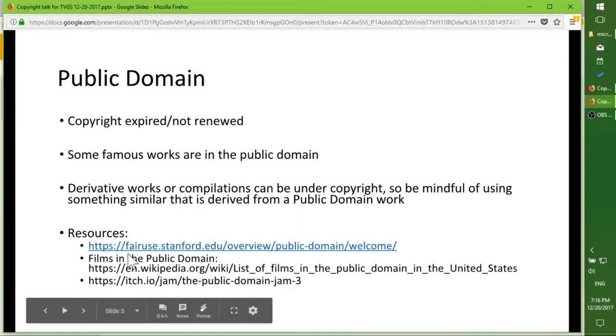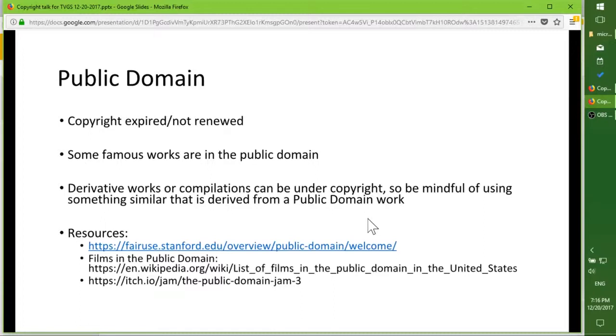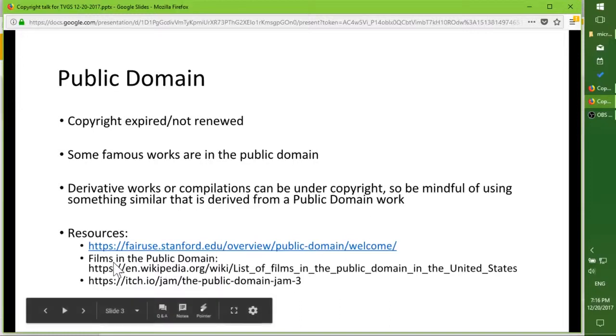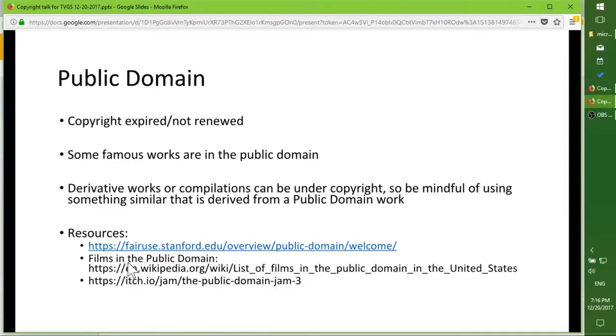Here are some resources with information about public domain and fair use. The public domain basically means you can use it, if it is actually expired and very old stuff. An example of something whose copyright expired is Night of the Living Dead. That's one that has expired. There are also some other films, there's a whole list of them here, that you can watch online and there's no copyright issues.